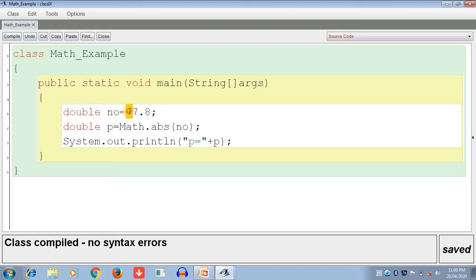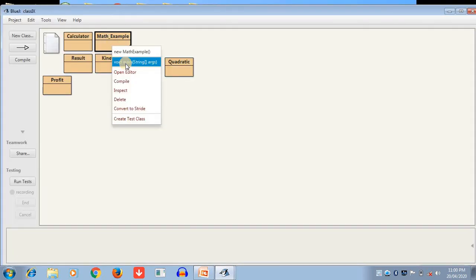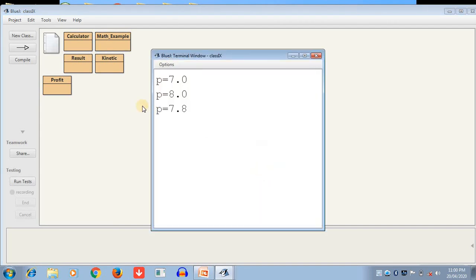So the absolute function always returns the absolute value. Yes, 7.8, you have removed the minus sign here. That is the absolute function: it represents the value without sign.